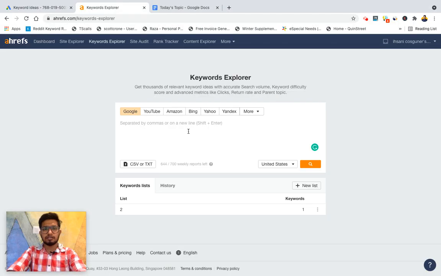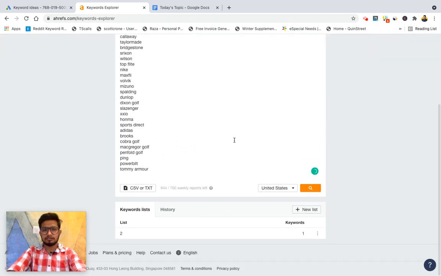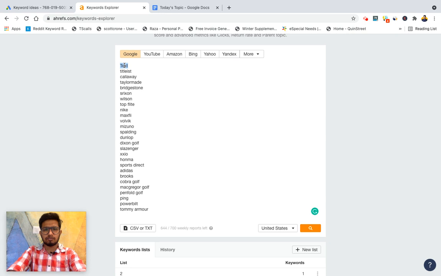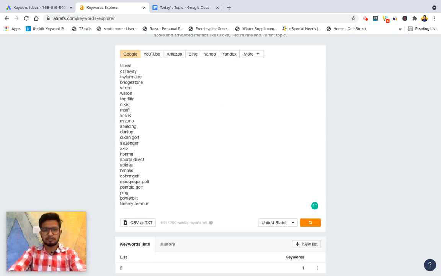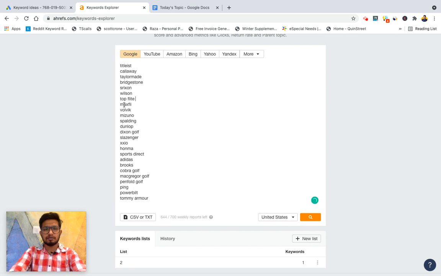I will go to the Keyword Explorer of Ahrefs and paste the list of brands here. Now from this we will remove the unwanted brands or terms like text, or we can remove Nike, because with Nike it will give us unwanted terms like Nike versus Adidas. We can remove the terms we know about.